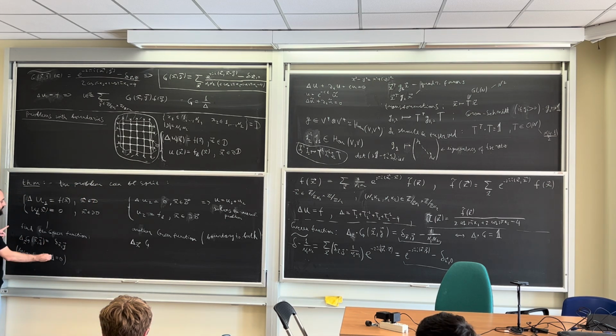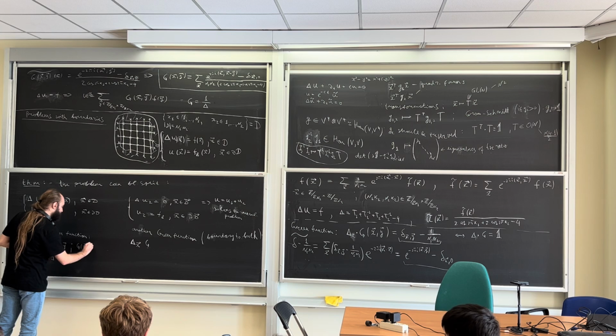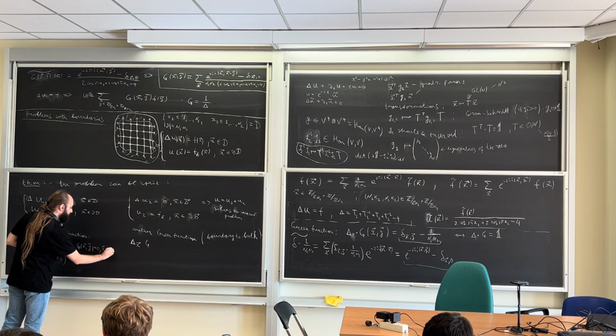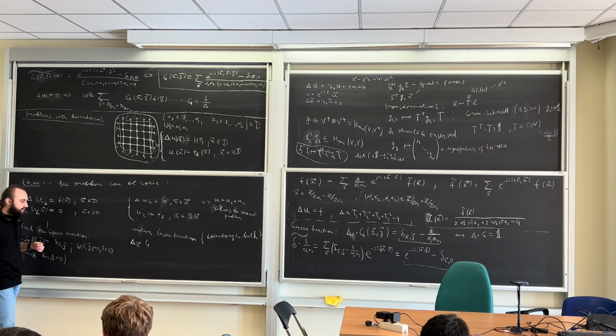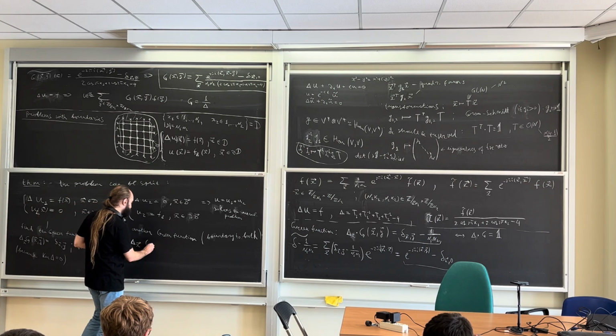Sorry, I forgot to say here that this Green function should also satisfy boundary conditions, like g of x, y is 0 when x is on the boundary. And this Green function, which you can call G_B of x, y,